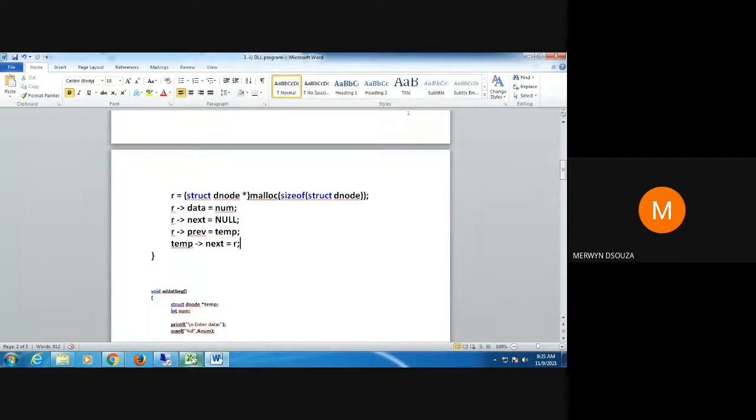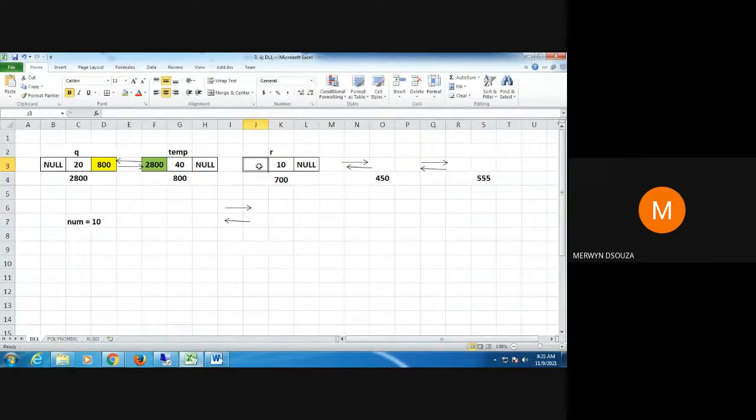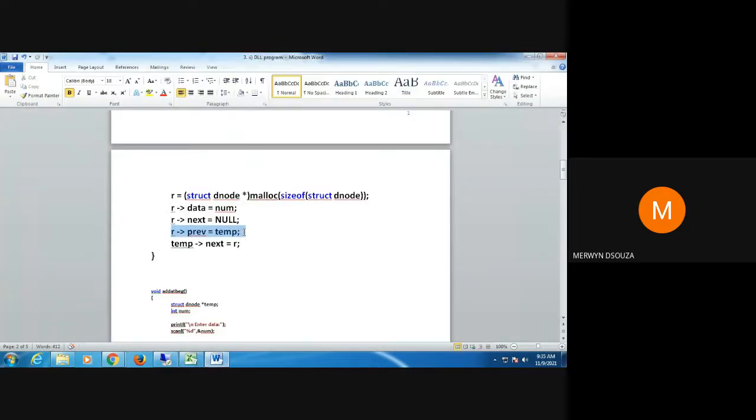Now I want here the address from the previous node. What is the previous node? 800. So how do I get it? R arrow previous, which refers to this location, the blue part here, should get the value. So which pointer contains the value 800? Temp contains it. So I will write the code as R arrow previous equal to temp.